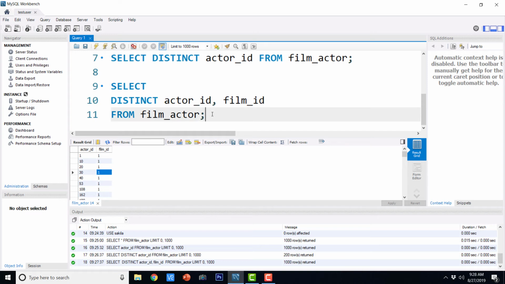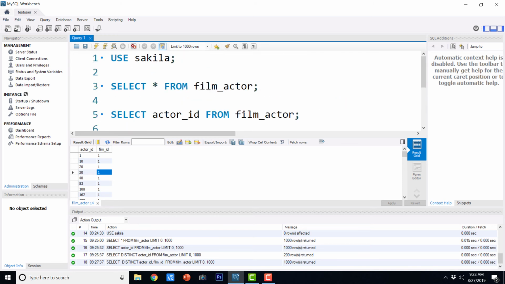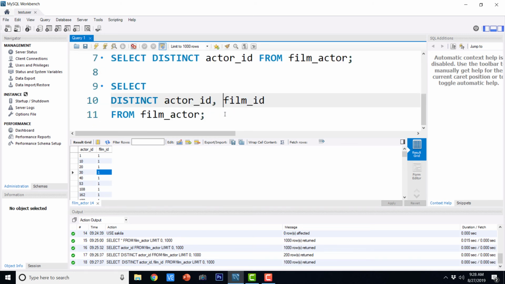So when you use distinct on a single column, it gives you the list of distinct values or the list of unique values in that particular column. And whenever you use distinct on a combination of columns, it is going to return you the distinct combination of values in both the columns. And also, if there are null values in any one of the columns involved in the distinct clause, then those null values will also be treated as distinct values, and those will be shown here. So this is how we can use the distinct keyword to see the unique values in a data set.